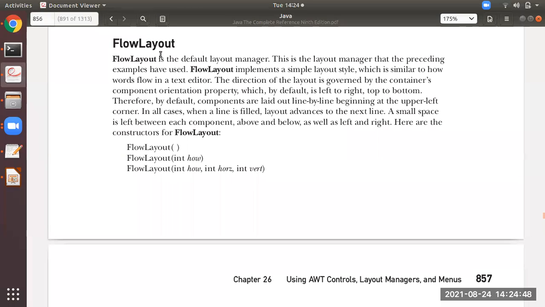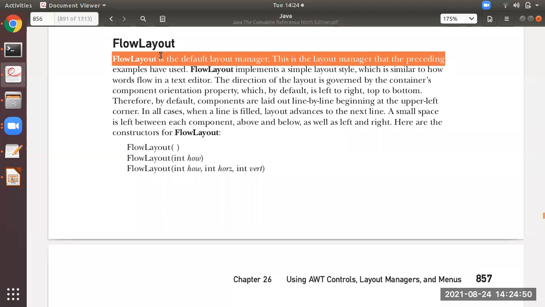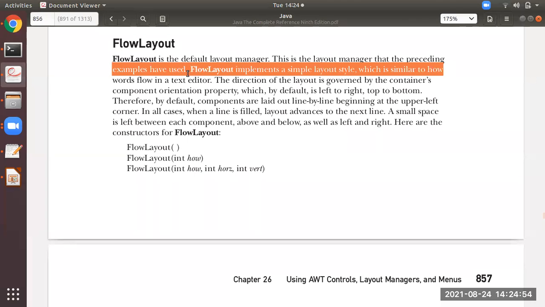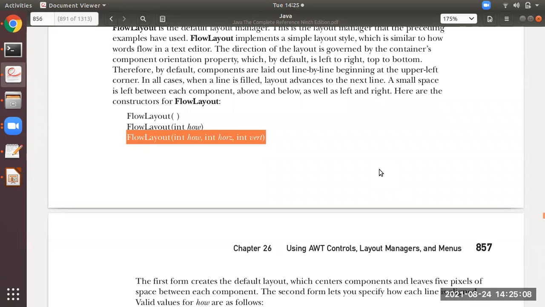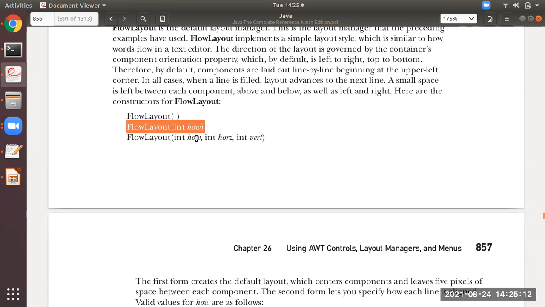So flow layout is the default layout manager. This is the layout manager that the preceding examples have used by default. Flow layout implements a simple layout style, which is similar to how words flow in a text editor. These are the constructors: one without a parameter, the second with one parameter, the third with three parameters.